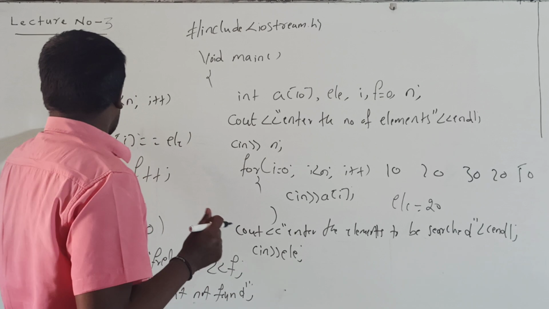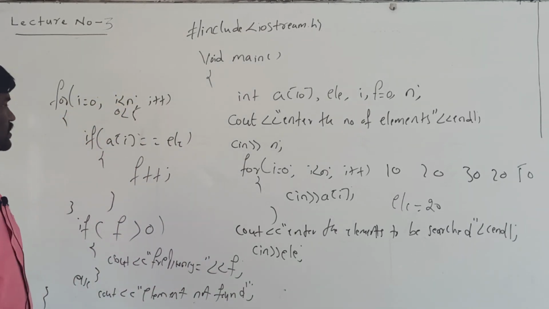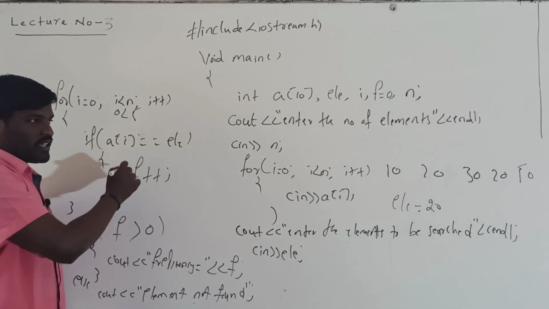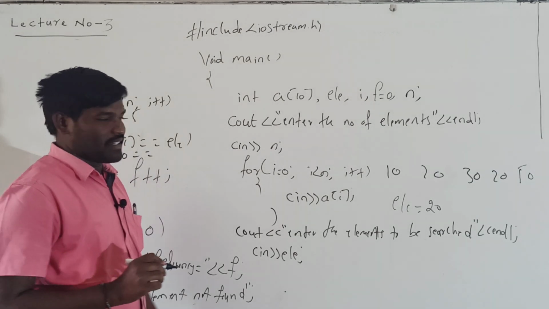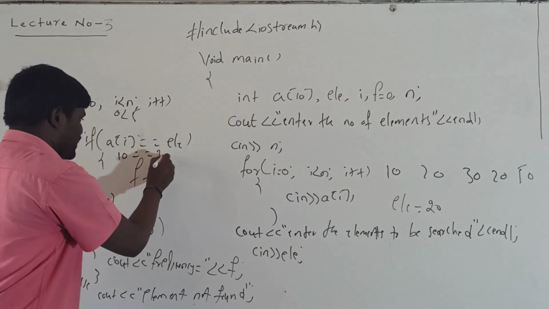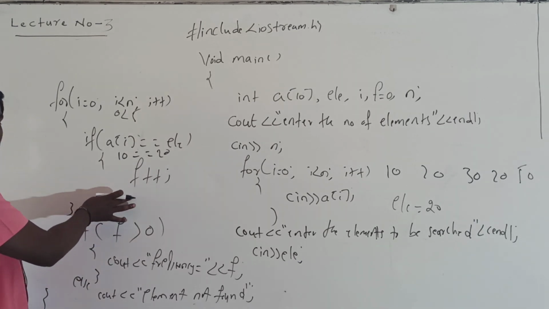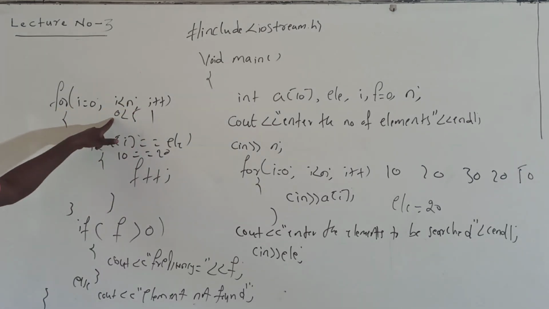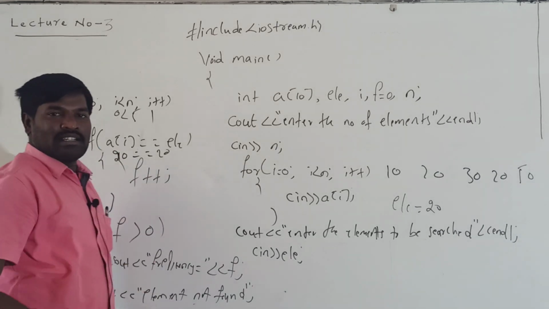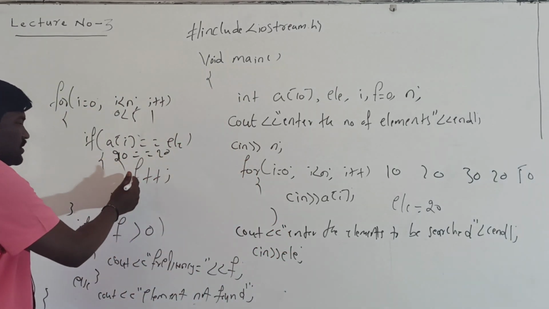Okay. I is equal to 0, 0 is less than 5, condition is true. See here, a of 0 is 10. 10 is equal to element. Here the searching element is 20. 10 is equal to 20? False, which means the else block is not there, so I will be incremented by 1. 1 is less than 5. Again condition is true. A of 1 is 20, and the element is 20 only. 20 is equal to 20, again the condition is true.